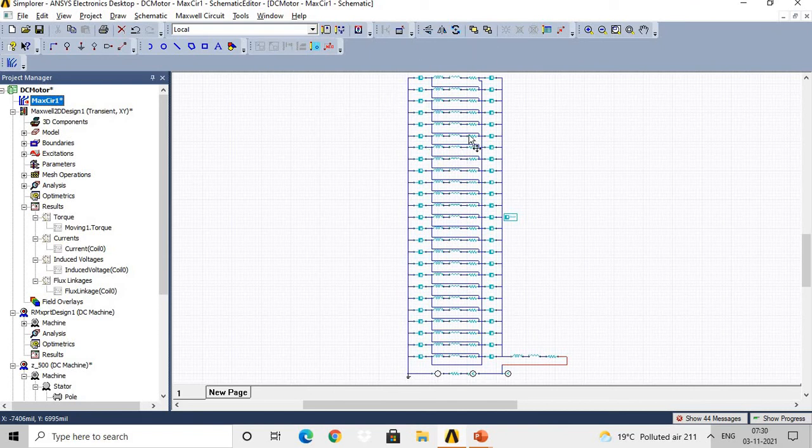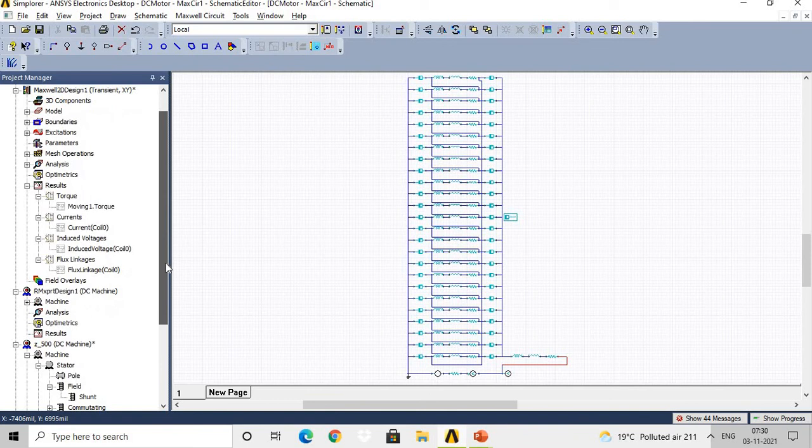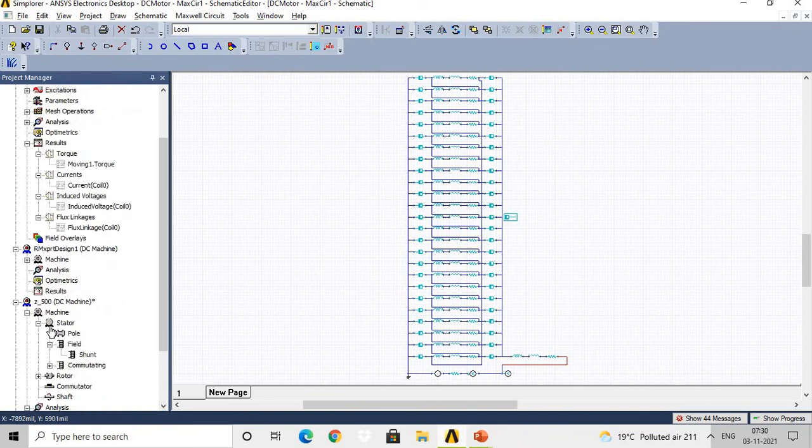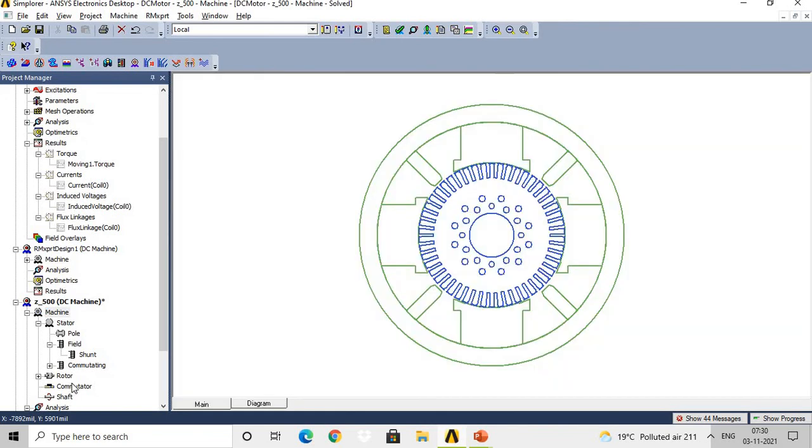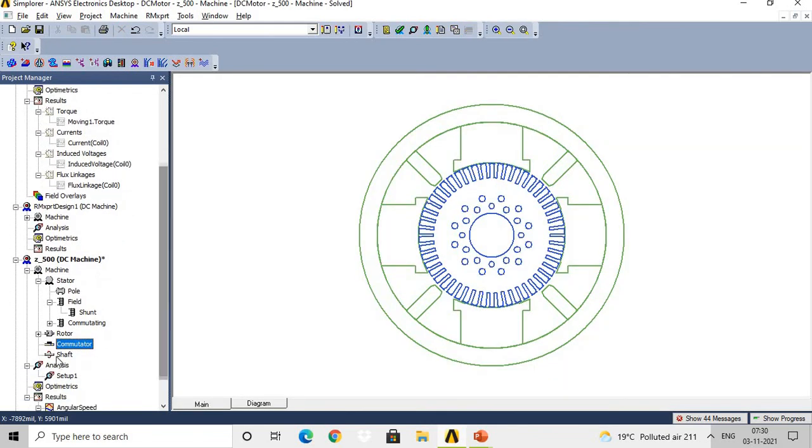That means by default the supply will be available through this circuit, and as per this supply circuit you can check the performance of the machine here. So the design sheet which we have got, the machine performance there is checked by the converter and control circuit, which is shown under the Max circuit.